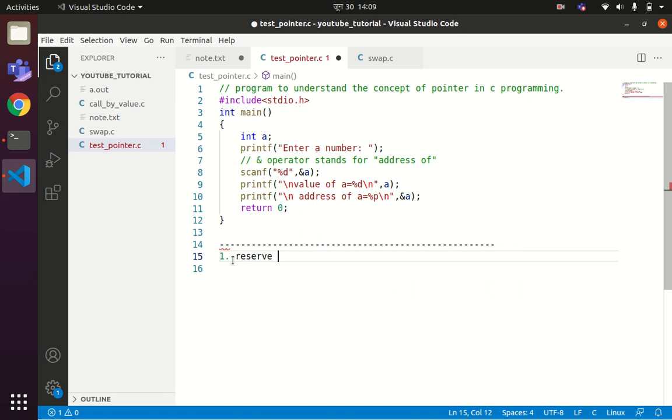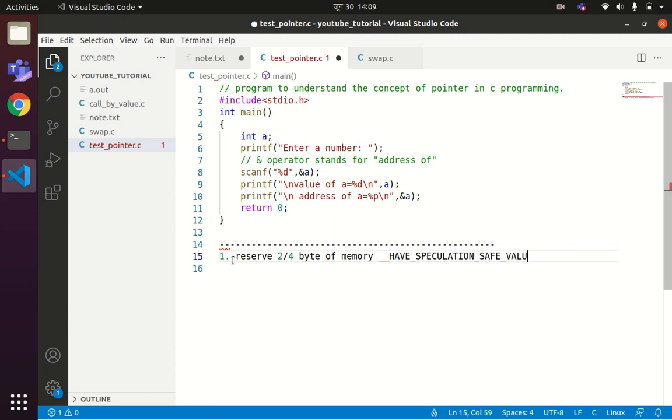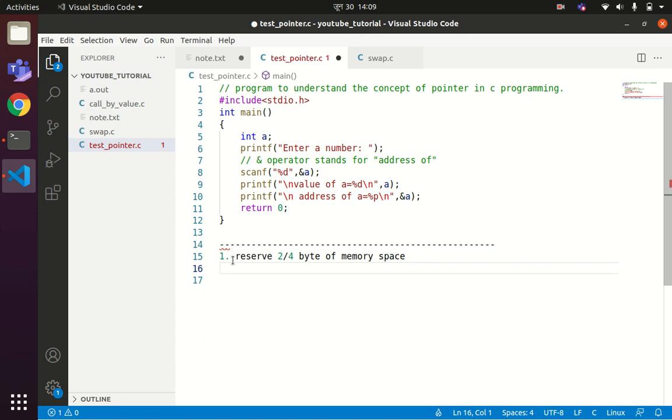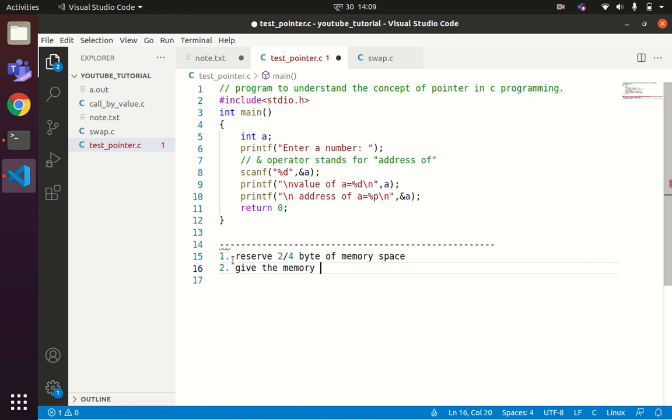So depending upon your compiler, reserve 2 or 4 byte of memory space, then give the memory space a name. In this case, the memory space is given the name a.